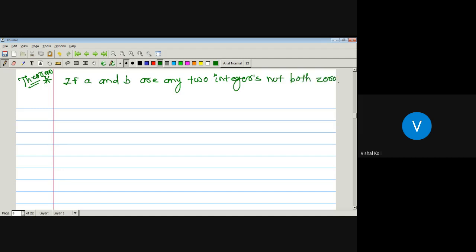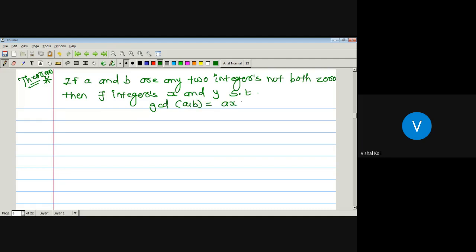Then there exist integers x and y such that the GCD of the two integers A and B is nothing but